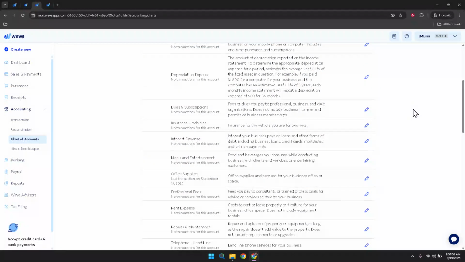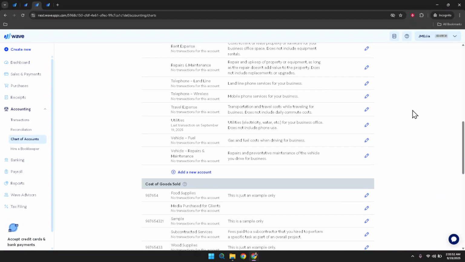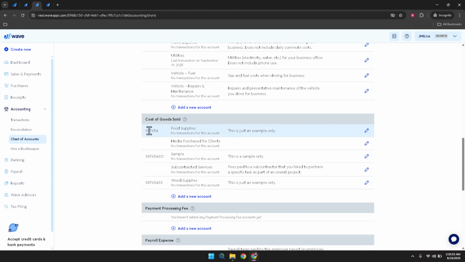By following these steps, you ensure that your business expenses are tracked accurately, making it easier to stay on top